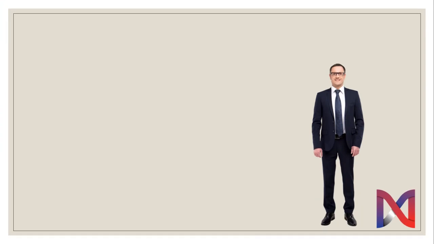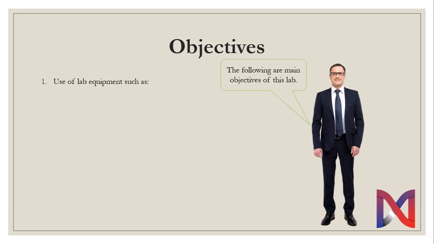First, let's begin with the objectives of this lecture. There are different equipment to be used in the lab, such as breadboard, digital multimeter also known as DMM, and power supply. You must know how to use these. You must be knowing about the breadboard connection. You must know how to calibrate DMM in order to take a specific measurement correctly, and then you must be able to use the power supply.